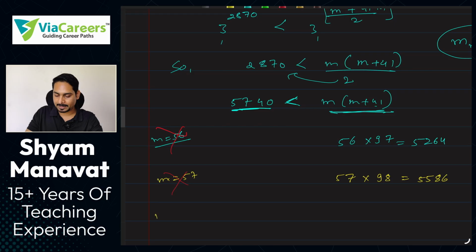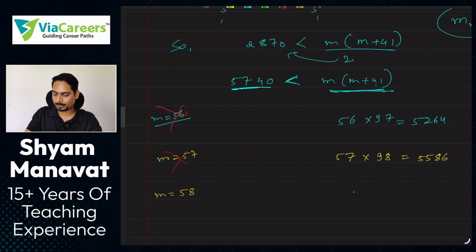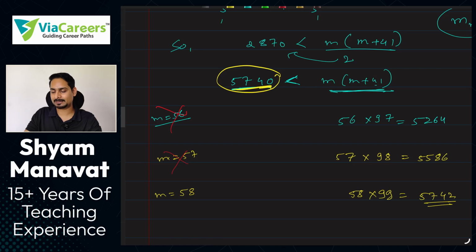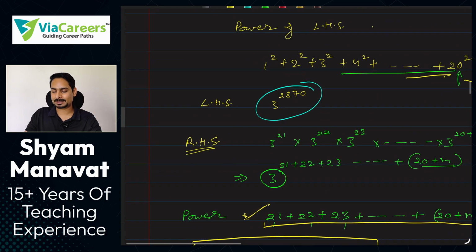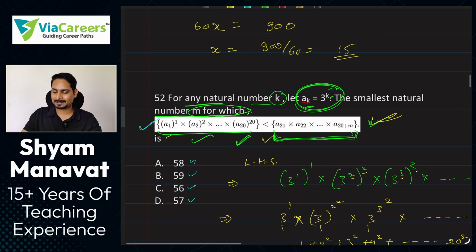The next is m equal to 58. If you take 58, then the right hand side should be what? 58 into 99. If you multiply both of them, you should get 5742. Then it's exactly 2 more than the left hand side. It's becoming more than the left hand side. So this is the smallest number which m can take to satisfy this question. Smallest natural number of m. Answer is 58. Confidently, चेहरे पे स्माइल रख के